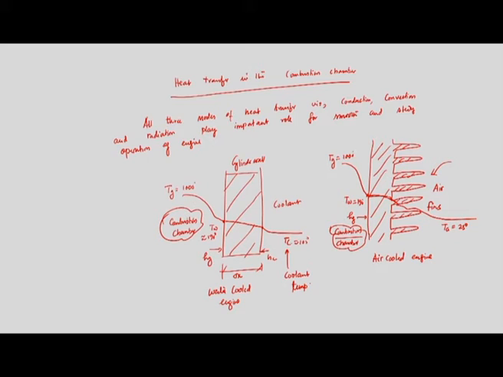So, gas is there inside the combustion chamber, there is a convective heat transfer from the combustion products to the cylinder wall, there is conduction within the cylinder wall, and from the outer surface of the cylinder wall again there is convection either to the coolant or, if it is air, into the air. Sometimes radiation also plays a role, because if the temperature is so high inside the combustion chamber, some amount of heat will be transferred by radiation. But convection and conduction are the main modes of heat transfer to remove energy from the combustion chamber and keep the cylinder walls from melting.